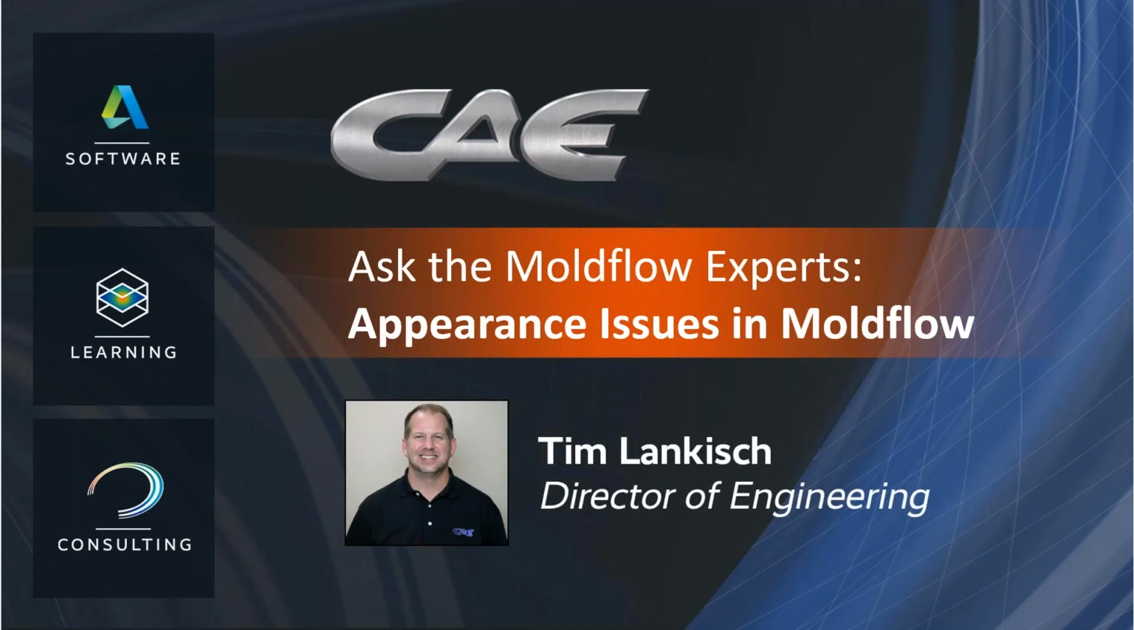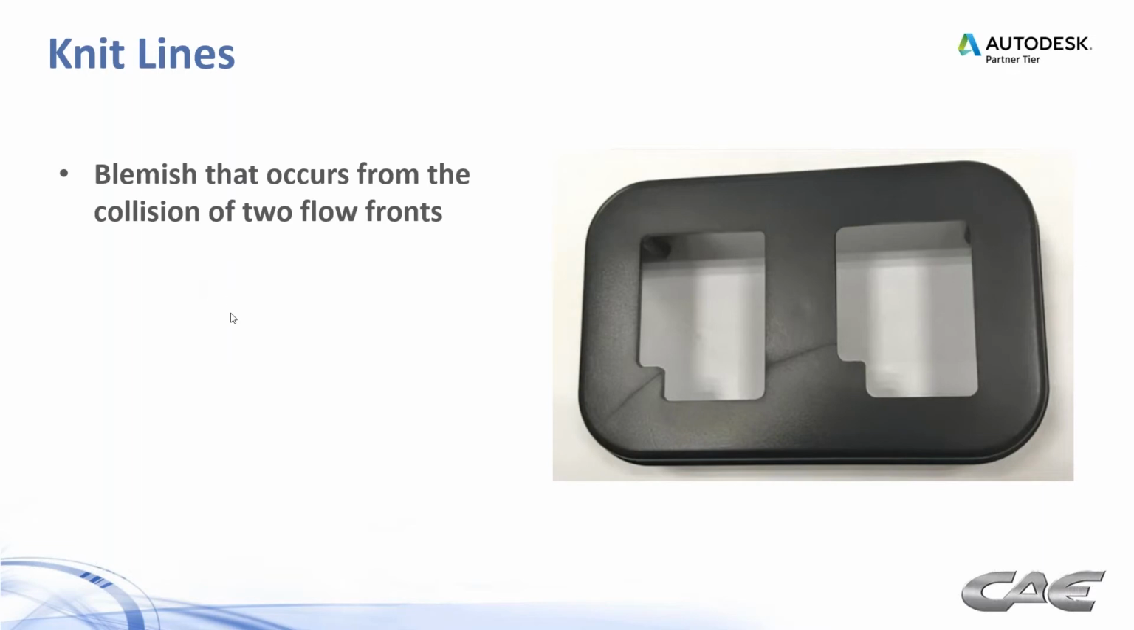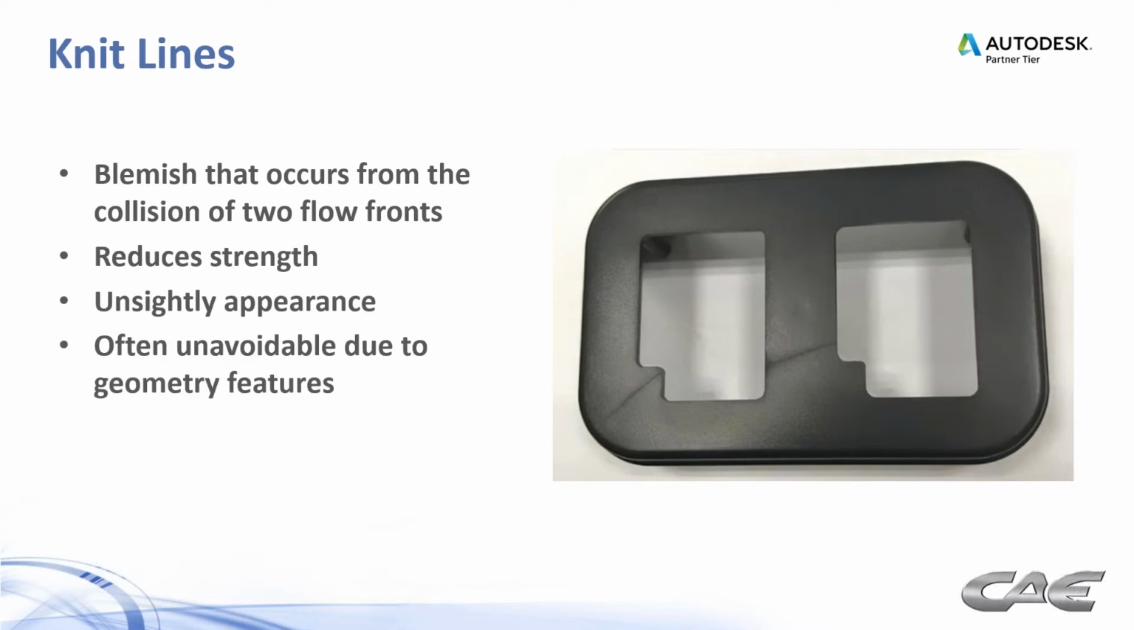Today's topic is appearance issues in Moldflow. Let's start with knit lines. A blemish that occurs from the collision of two flow fronts coming together. It can reduce the strength, it can be unsightly, and it's often unavoidable due to the geometry features like the